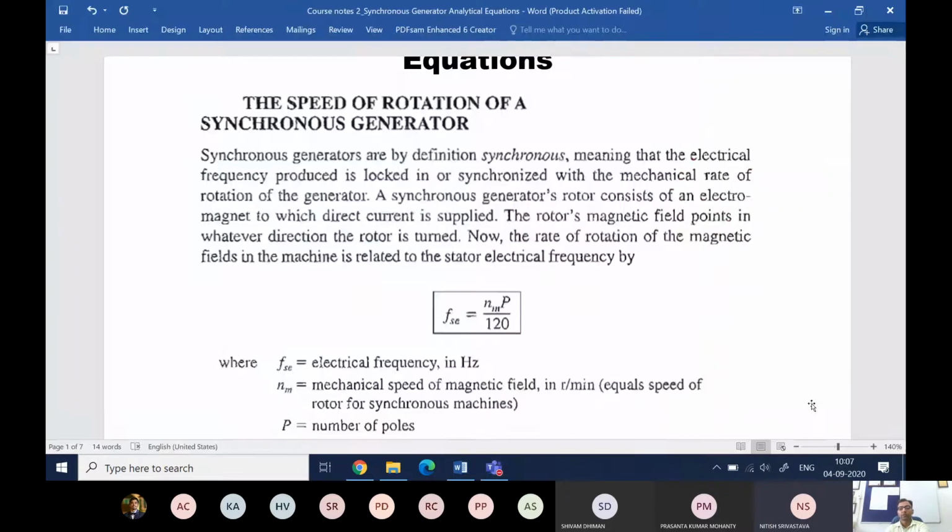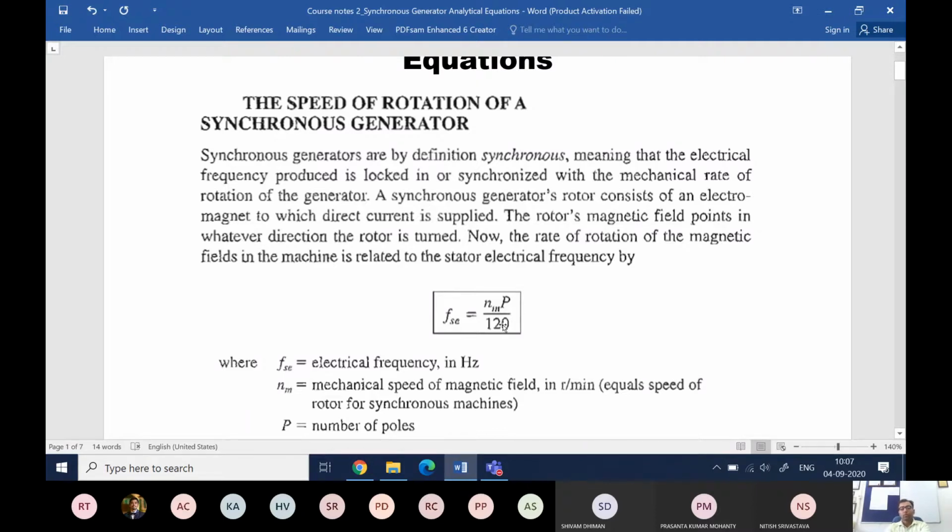Yeah, very true. Simple and straightforward, because you have the field winding which is generating the magnetic field mounted on the rotor, and it is a DC winding, so there is no variation in the field due to variation in the current. The field current is steady. The only variation or motion of the magnetic field is due to the mechanical motion of the rotor. So that is the reason.